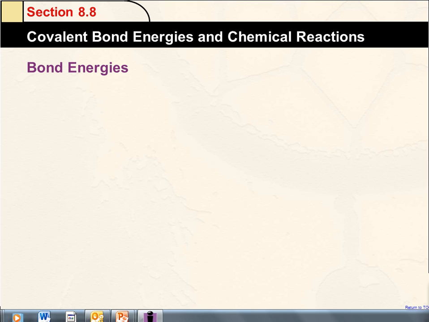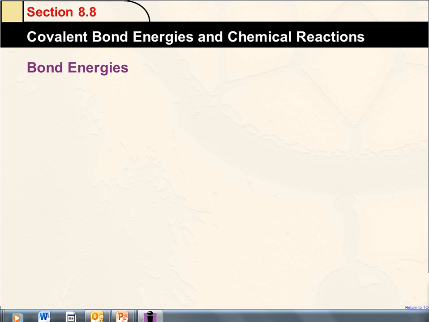There are tables of bond energies that tell us how much energy is stored in a bond, so therefore how much energy it takes to break the bond and how much energy is released when that bond is formed. These tables are averages. They're not exactly what the energy will be for a particular bond in a particular molecule, because the energies can vary according to the environment that this molecule or this bond is in. But in general, we can make some